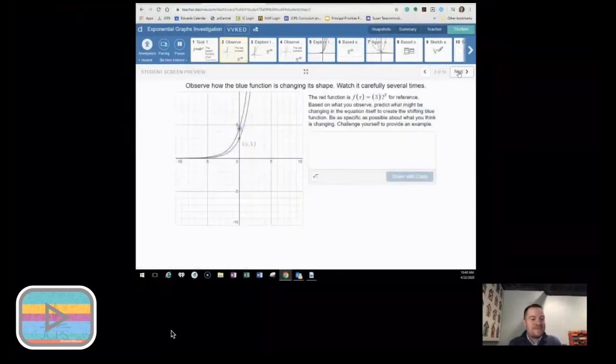What's cool with Desmos too is we programmed this to do some animation. All students have a question. The red function is stationary and it's that equation. But while watching this animation, what's going on? How might you describe this? What might be an example? And here we're just wanting kids to get out their answers. So here, if we're looking at this, well, it looks like some number in the equation